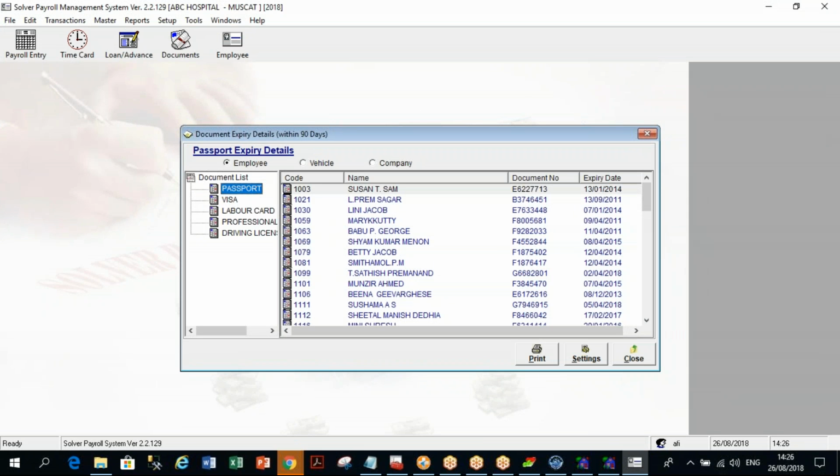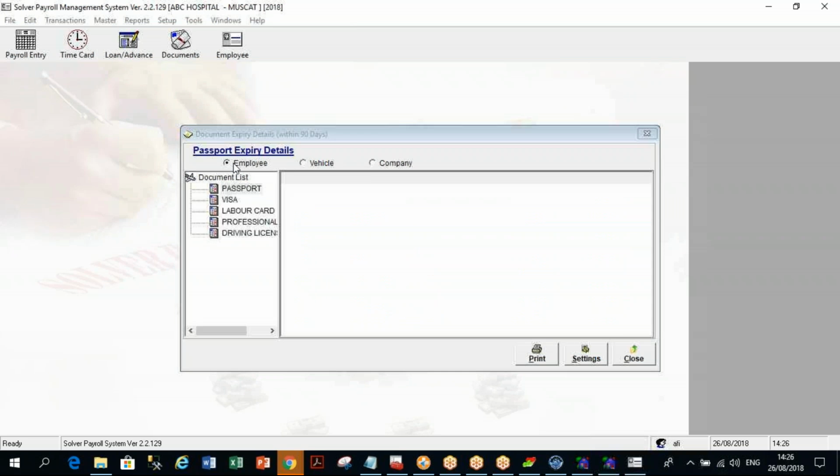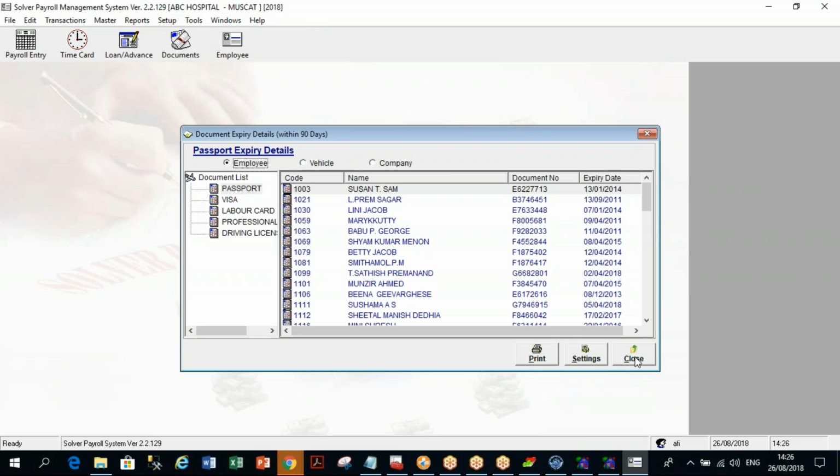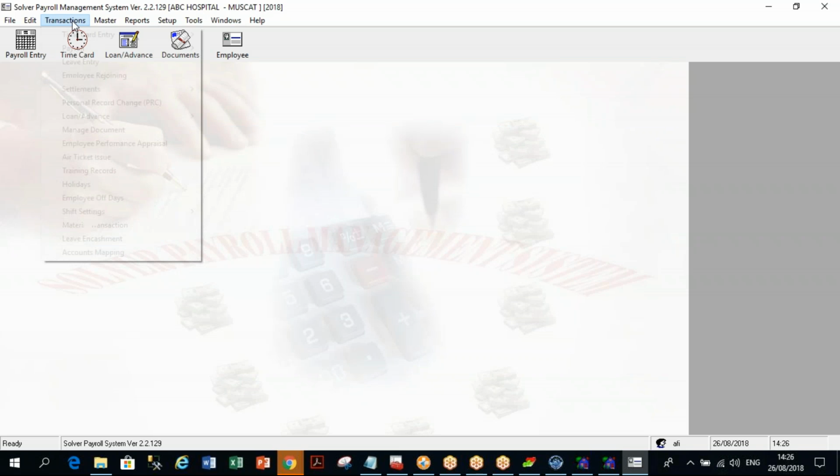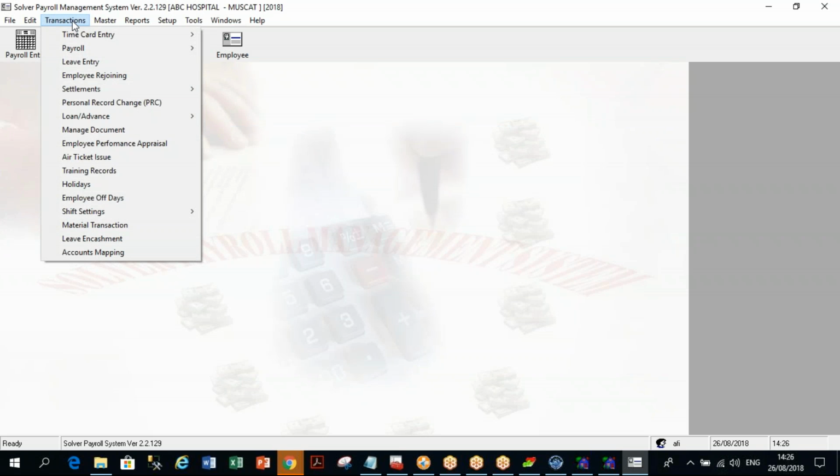See, this is a payroll module. When you log into the system, you get the expiry details, like the employee personal details: passport, visa expiry, labor card expiry, and the expiry details for the employer-related documents, vehicle and company-related documents. Say, for example, the company's trade license or the vehicle Mulkia, the registration expiry. These details you will get. And here in the transaction, we have the options